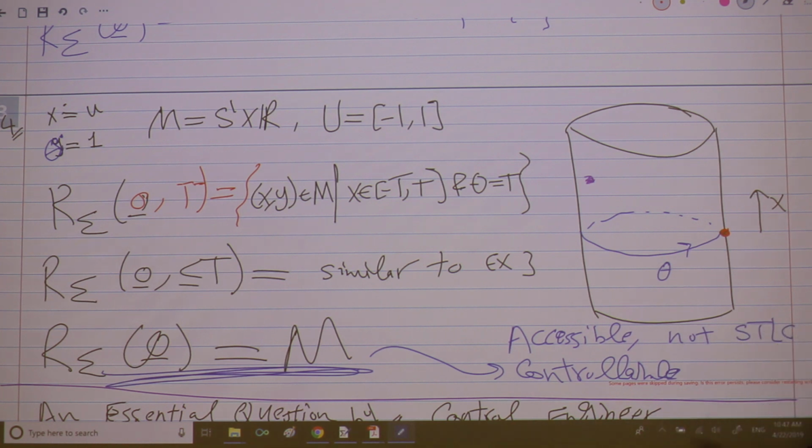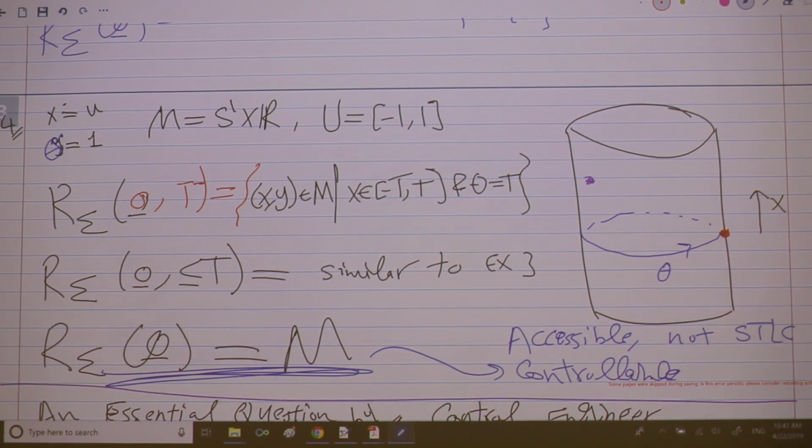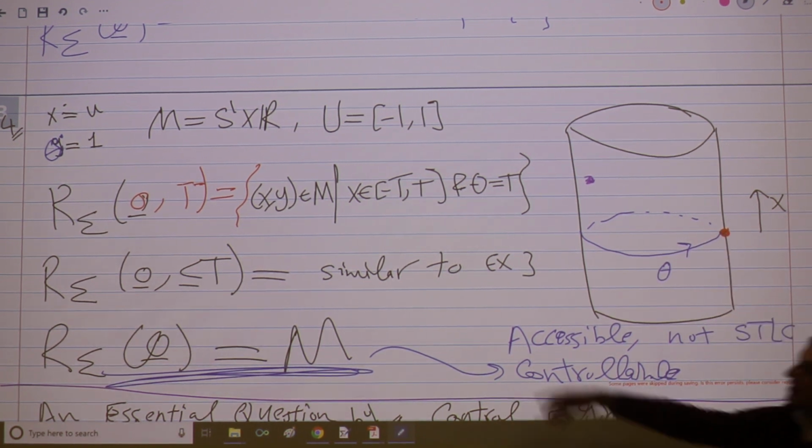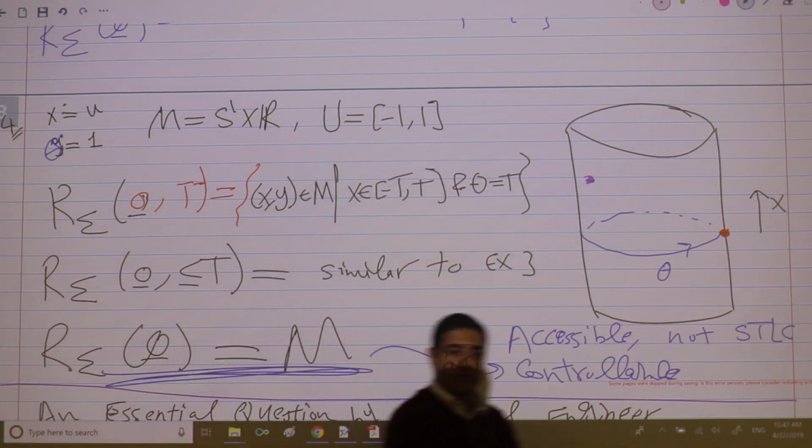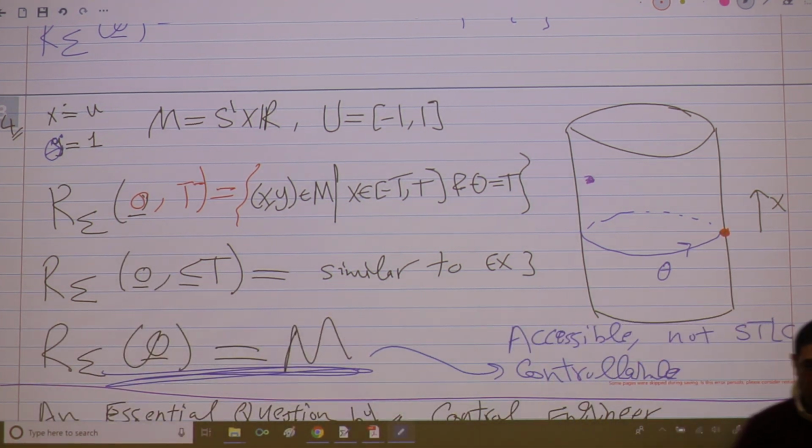Okay. But here in this example, I don't have this capability. I actually have to just wait. If I want to go to here 10 degrees, I have to wait for this dynamics to take all the time, 350 degrees. I'm doing nothing, right? So these are fundamentally different. Any question?